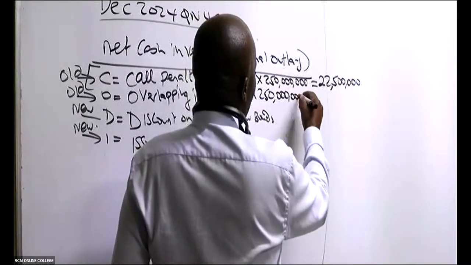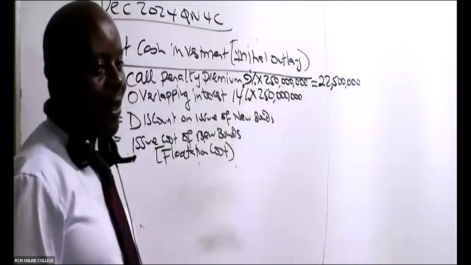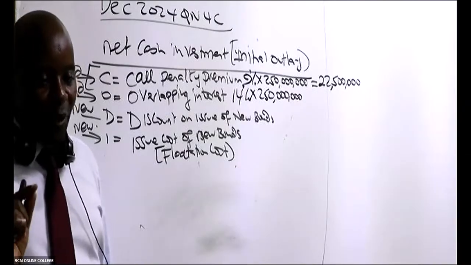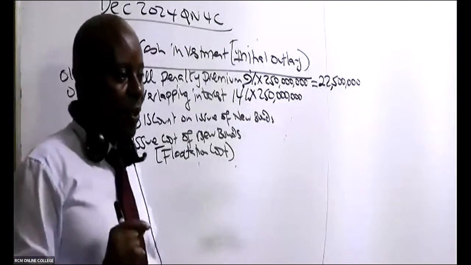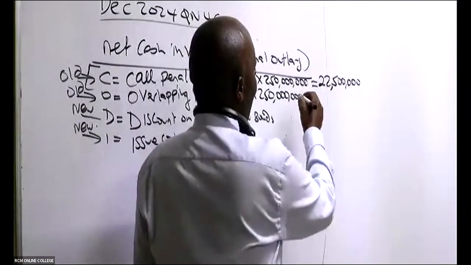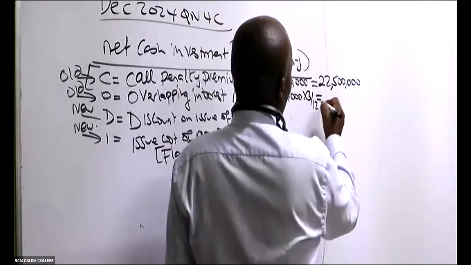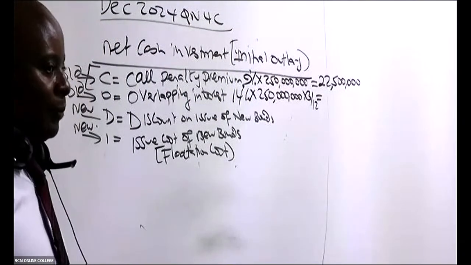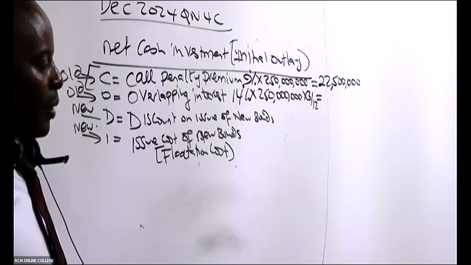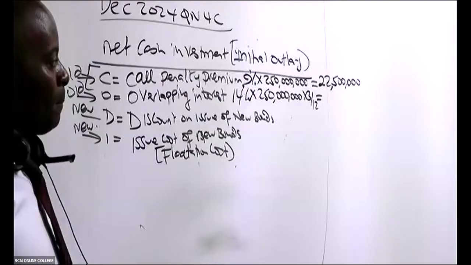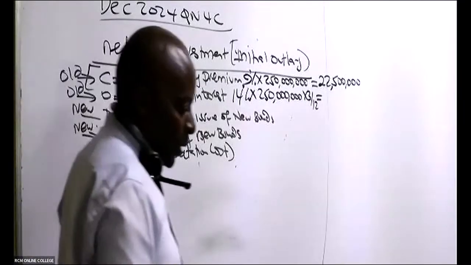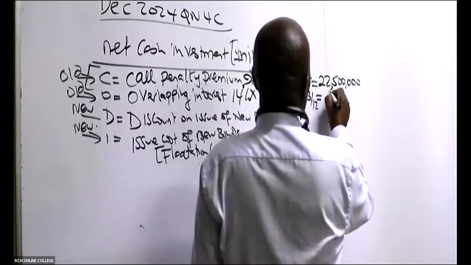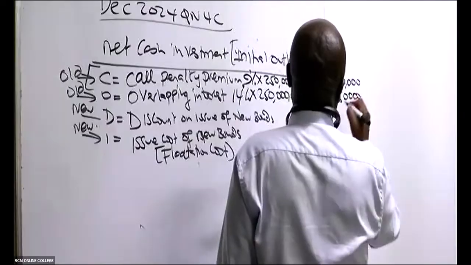But remember, the overlap is not for a whole year. The overlap is for how many months? The very last paragraph, it is 3 months. So times 3 over what here, somebody? Times 3 over 12. Which in this case will end up giving us what figure? I'm being given by J, 8,750,000. Thank you so much.